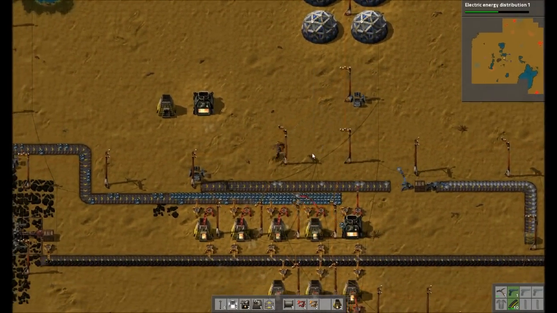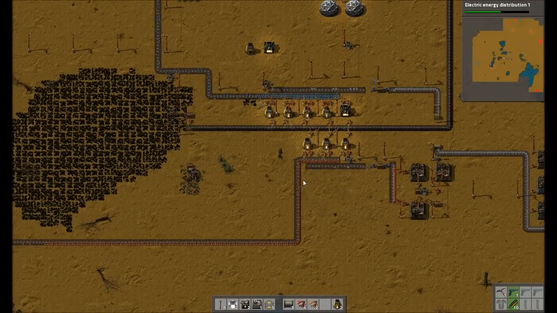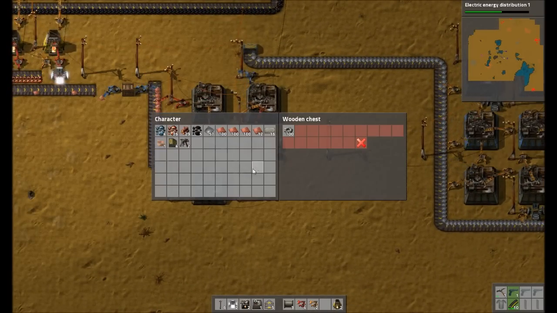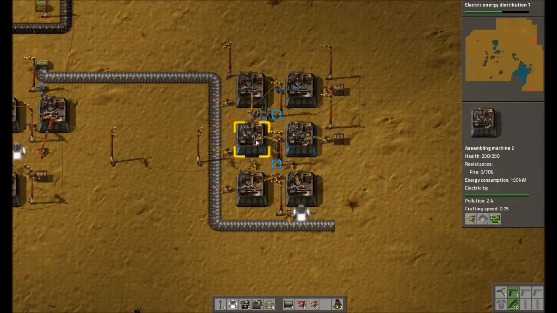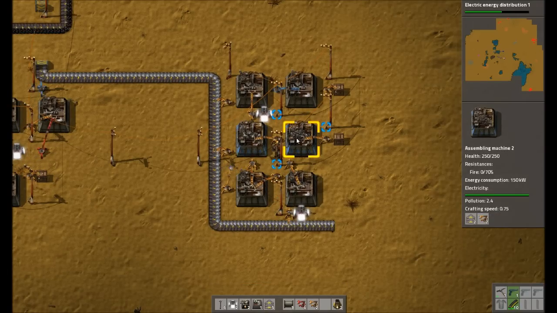Up here, we're researching energy distribution. So what is the status of our system? We've got tons of copper and iron coming in, more than we can process at the moment. We are automatically producing a bunch of energy distribution or research stuff. So that's cool. This is a super compact and awesome design